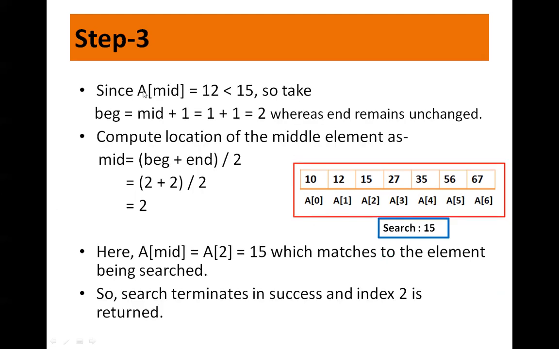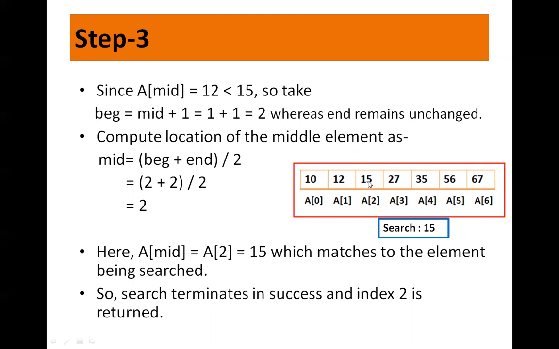Now in step 3, you check that 12 is less than 15. We are searching for 15 and the midpoint is 12, so 15 is greater than 12. So you again take the midpoint. Now the new beginning will be mid plus 1 because it is greater than. If it is less than, then it is mid minus 1. If it is greater than, it is mid plus 1.